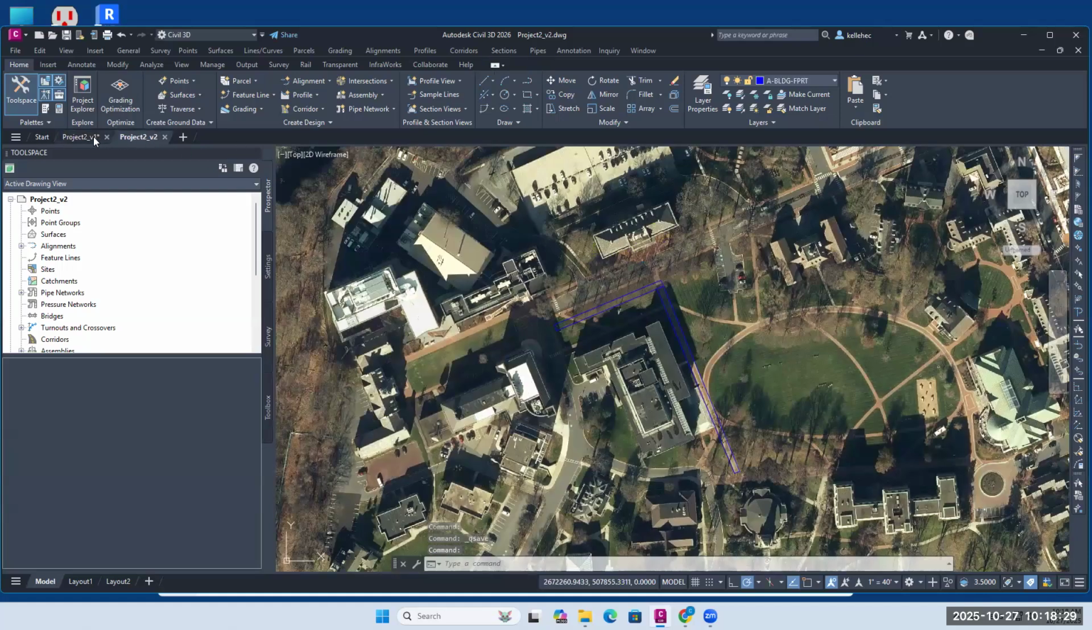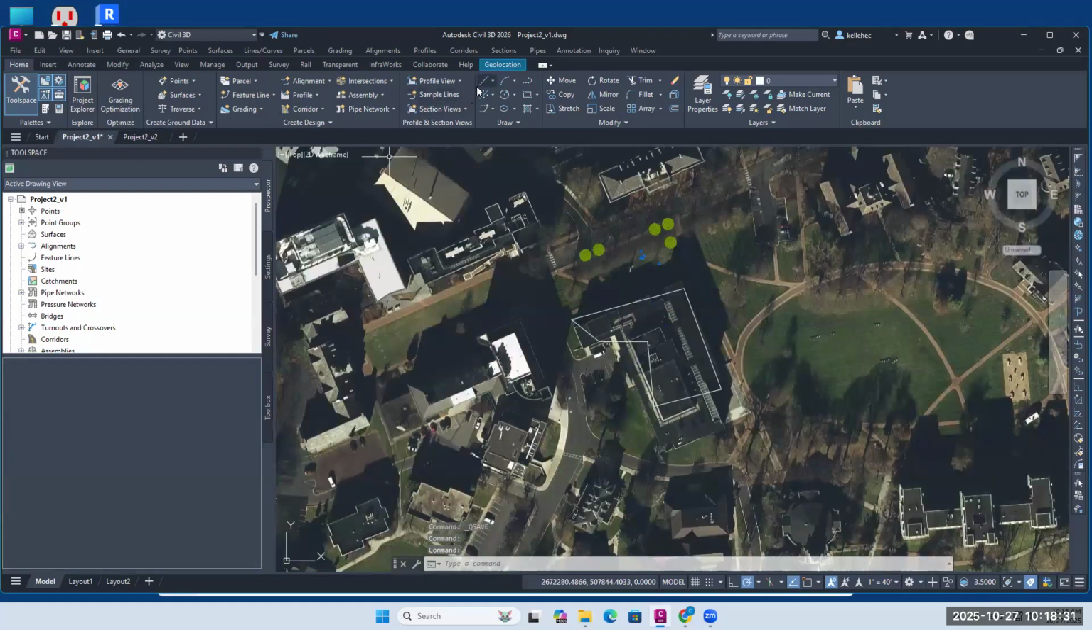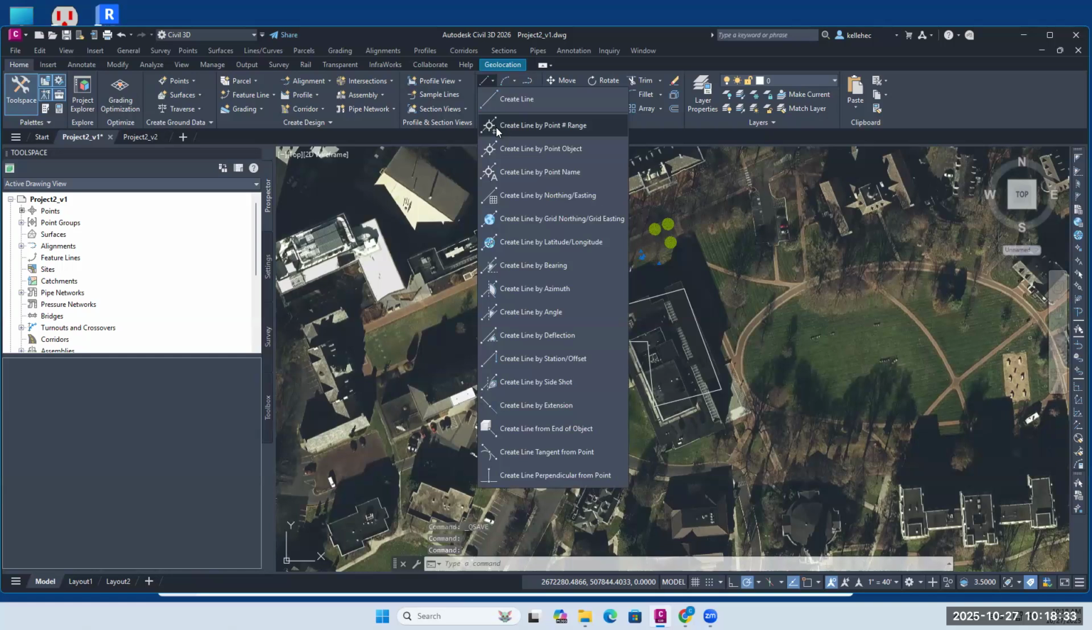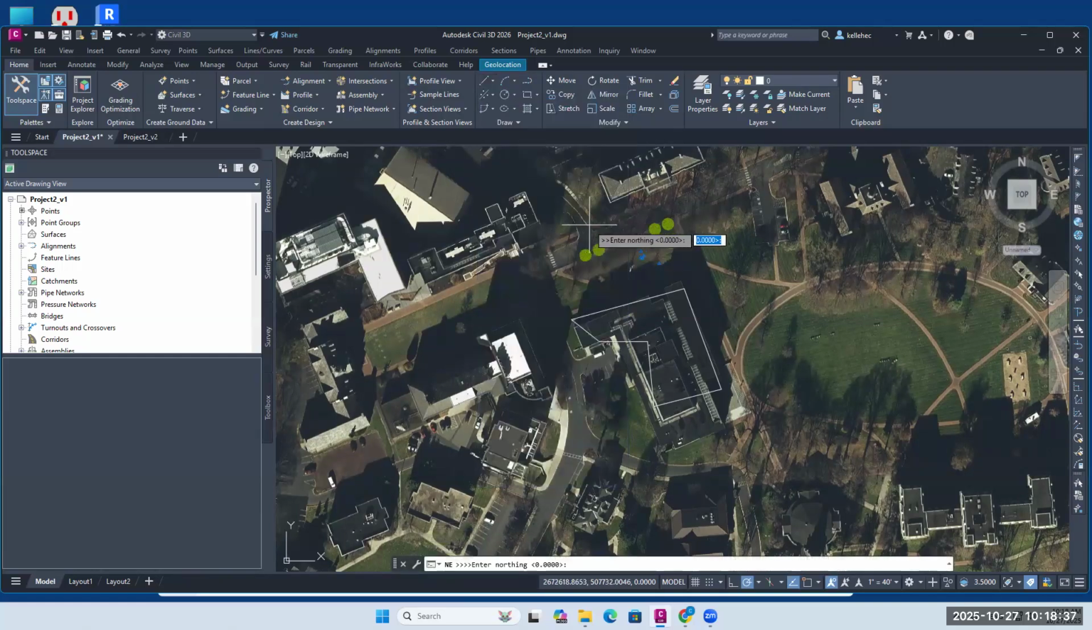All right, so here we have two drawings, and what I'm going to try to do is paste one into two. The way that we do this is by creating a place where the two drawings can meet. So I am going to create a line by northing and easting, and I have these points up in Moodle. I'm going to start by entering the first point, 507764, enter, enter my easting, 2672652, enter, and I'm going to enter for my next point,